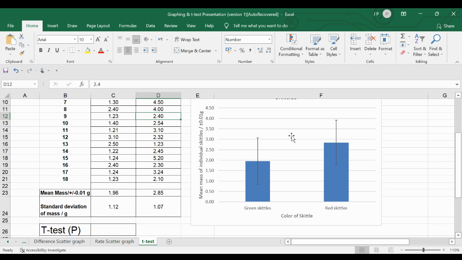This is the graph that can be copied and pasted into your report. However, you will note that the error bars are overlapping, and you need to determine if there's a significant difference between these two conditions. It may appear that there's a difference between a mean of 1.96 and 2.85, but the error bars are overlapping, so you must determine if there's a significant difference between these